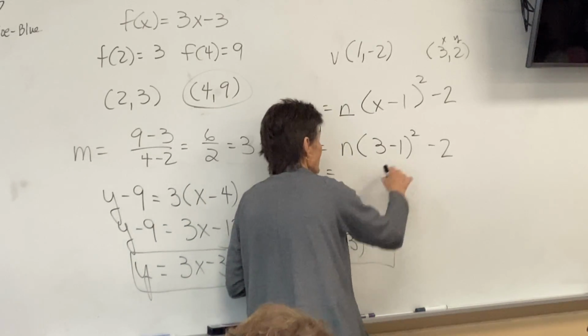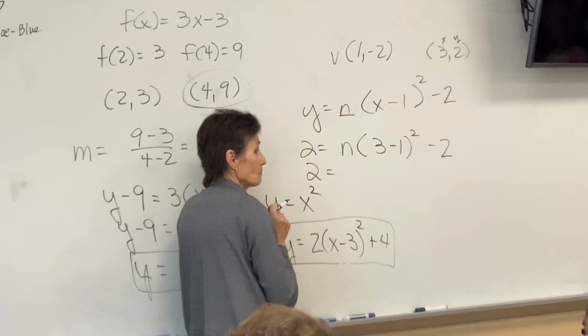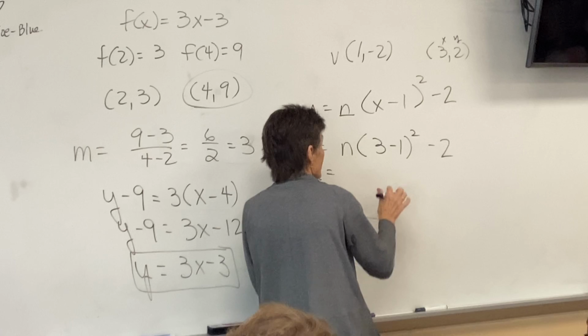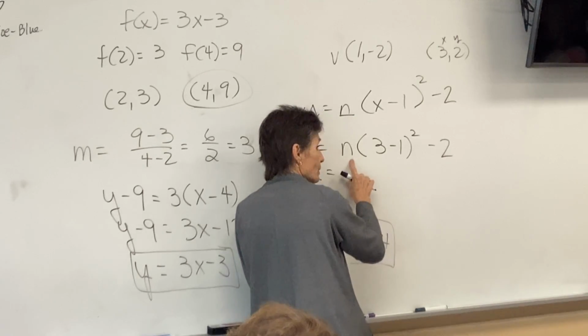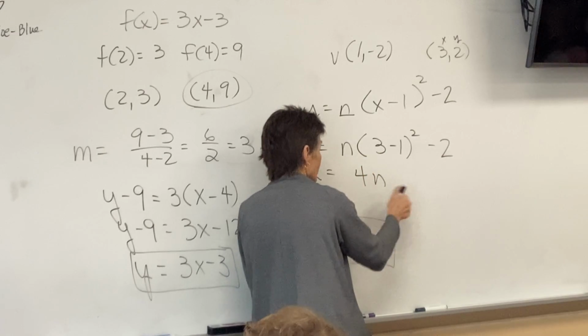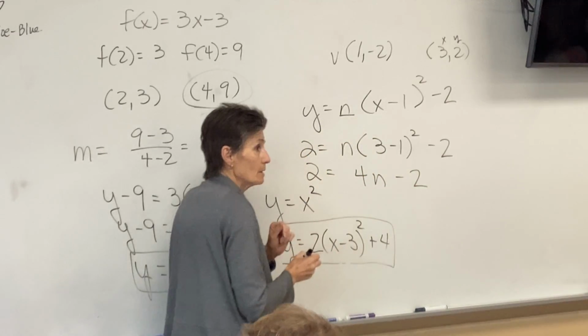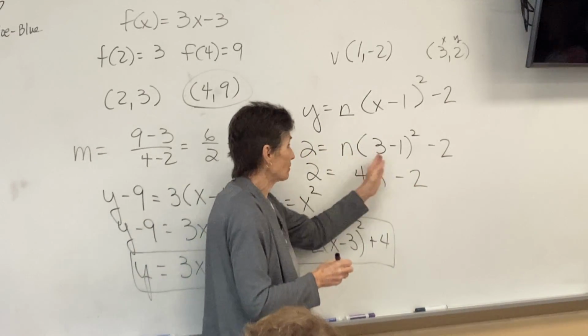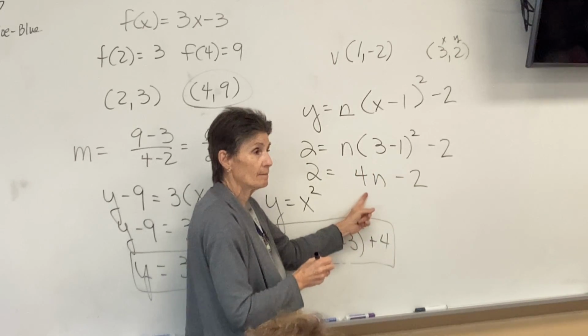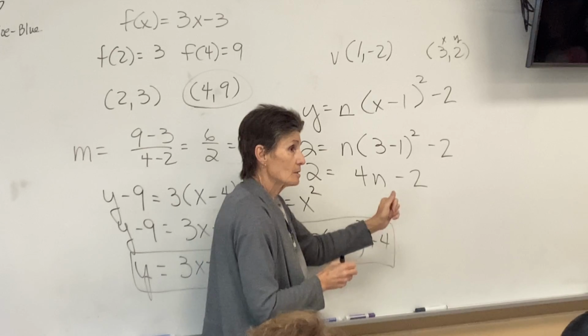What is 3 minus 1? 2 squared is 4. Now be careful. That 4 is hooked to an n, so that's 4n. 4n minus 2. Don't subtract the 4 and the 2, because that 4 is still hooked to the n. So then we'll